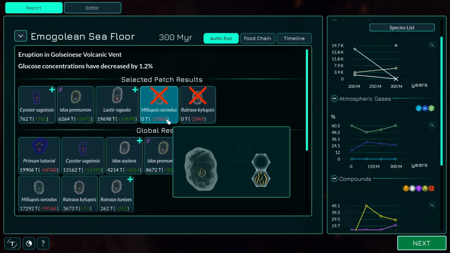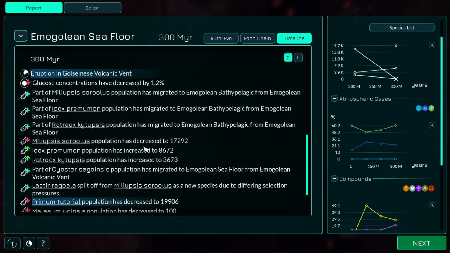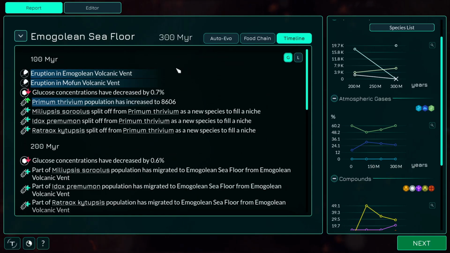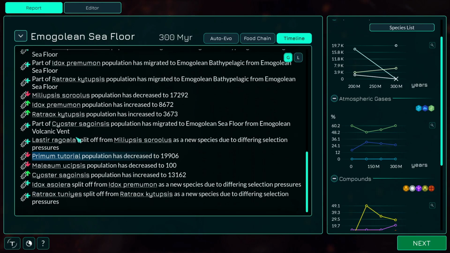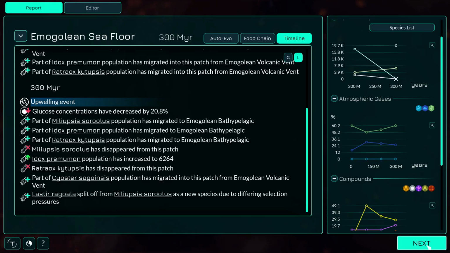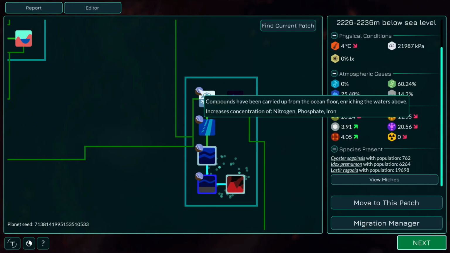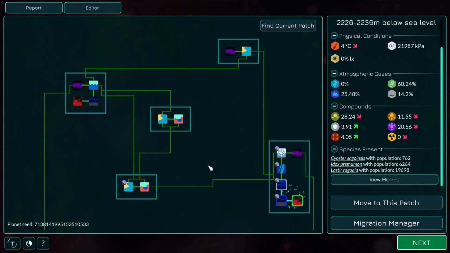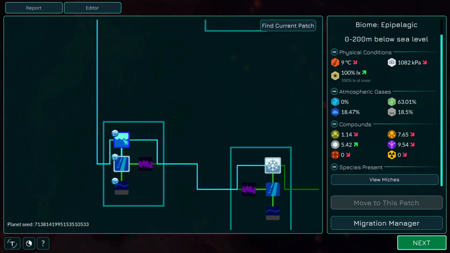Okay. Just want to see if I can see anything else. Hit global to see everything that's happened over everything. So, yeah, there's been no meteorite impacts yet. Also, I didn't mention, but there's runoff and upwelling, which will move compounds up and down these columns within the patches, and kind of dilute them. So I think it messes with other concentrations of things,